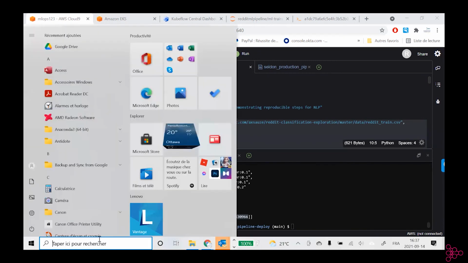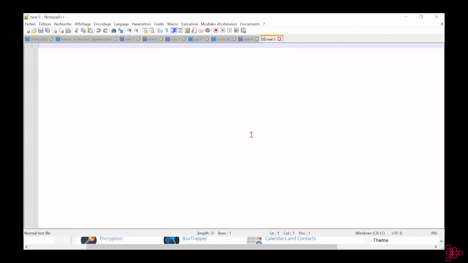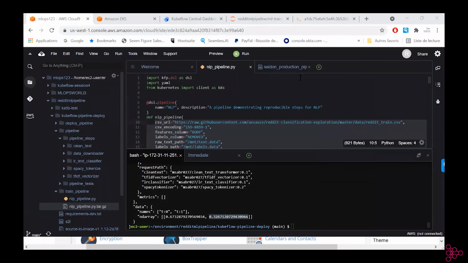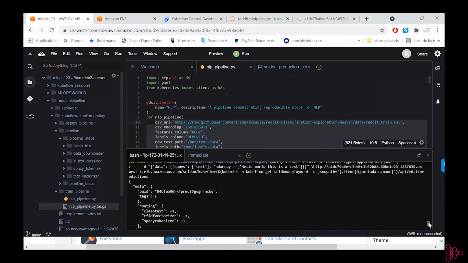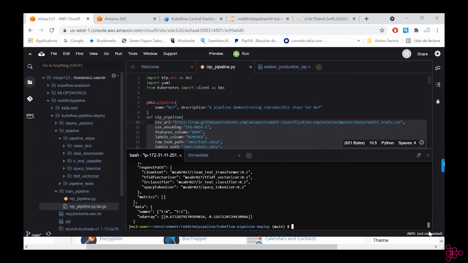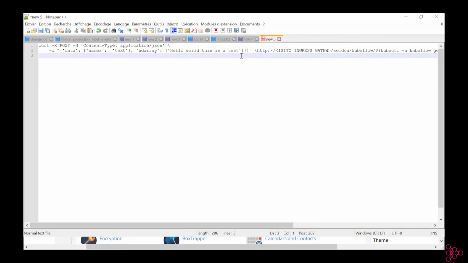What we can do more, I'll open up my notepad. We could potentially do some testing. We could change the word here to something more rough to see the actual response. We want to test the quality of our machine learning model as well, but this one is an easy case.